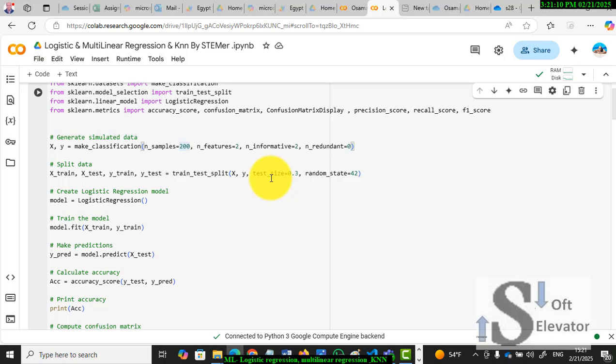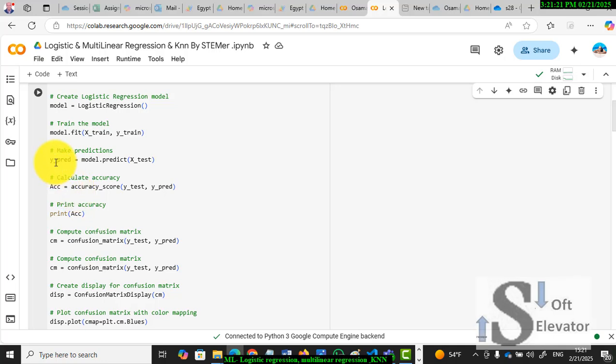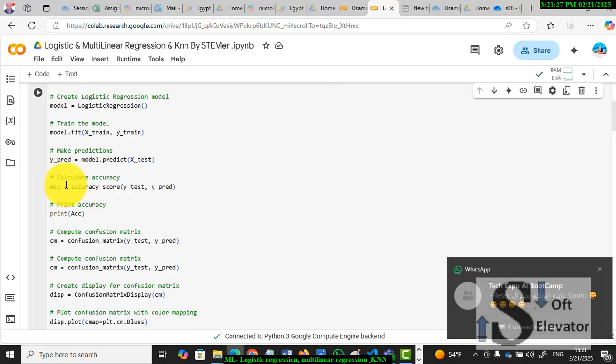Create the logistic regression model, then train the model using the fit function, and then predict y, predicting on x_test, and then calculate the accuracy score,